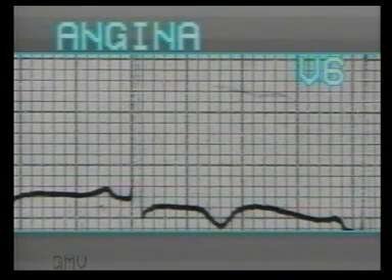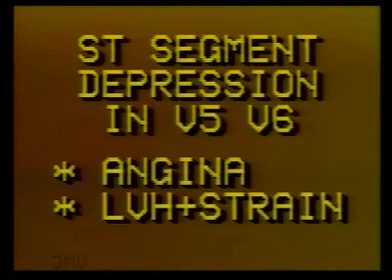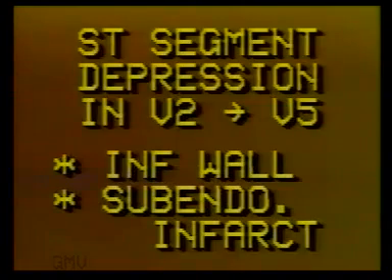A mild ST segment depression in V5 and V6 with low amplitude or inverted T waves is a typical feature of chronic angina. Mild ST depressions in V5 and V6 with inverted T waves is usually due to chronic myocardial ischemia or angina. So ST segment depression in V5, V6 suggests coronary artery disease or left ventricular hypertrophy with strain. In absence of ventricular hypertrophy, it strongly suggests myocardial ischemia.